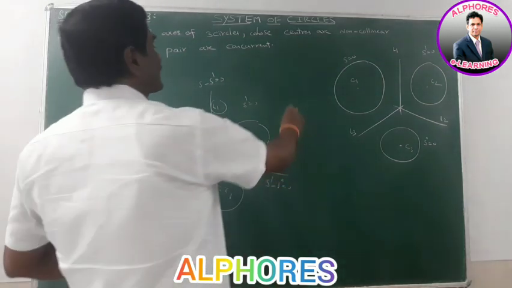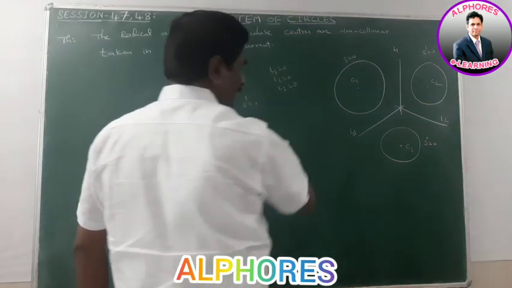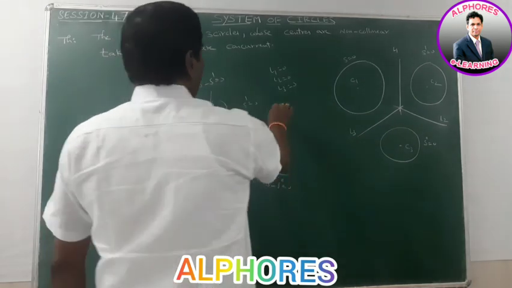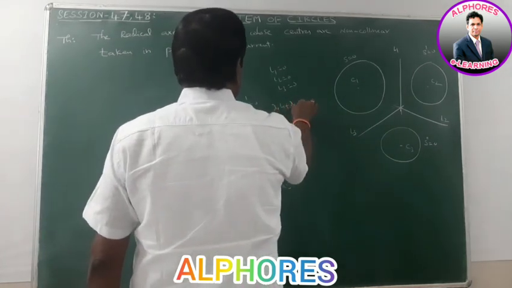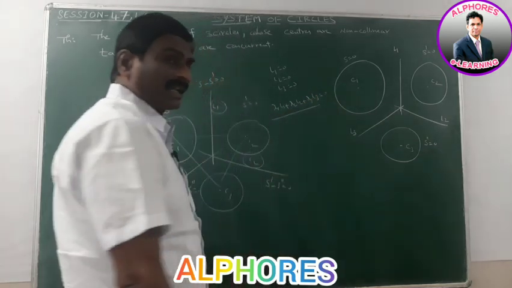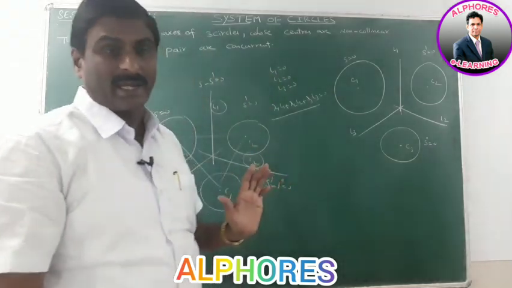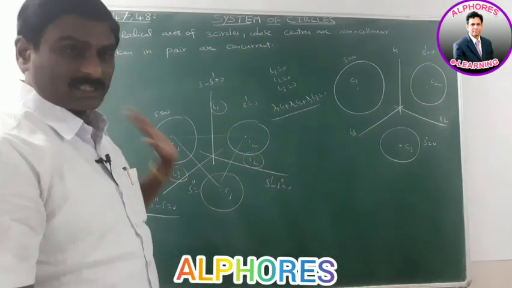Suppose L1 is equal to 0, L2 is equal to 0, L3 is equal to 0 are 3 concurrent lines. What is the condition? Lambda 1 into L1 plus lambda 2 into L2 plus lambda 3 into L3 is equal to 0, where lambda 1, lambda 2, lambda 3 are parameters, then these 3 lines are concurrent. Okay. By using that property, we prove this.